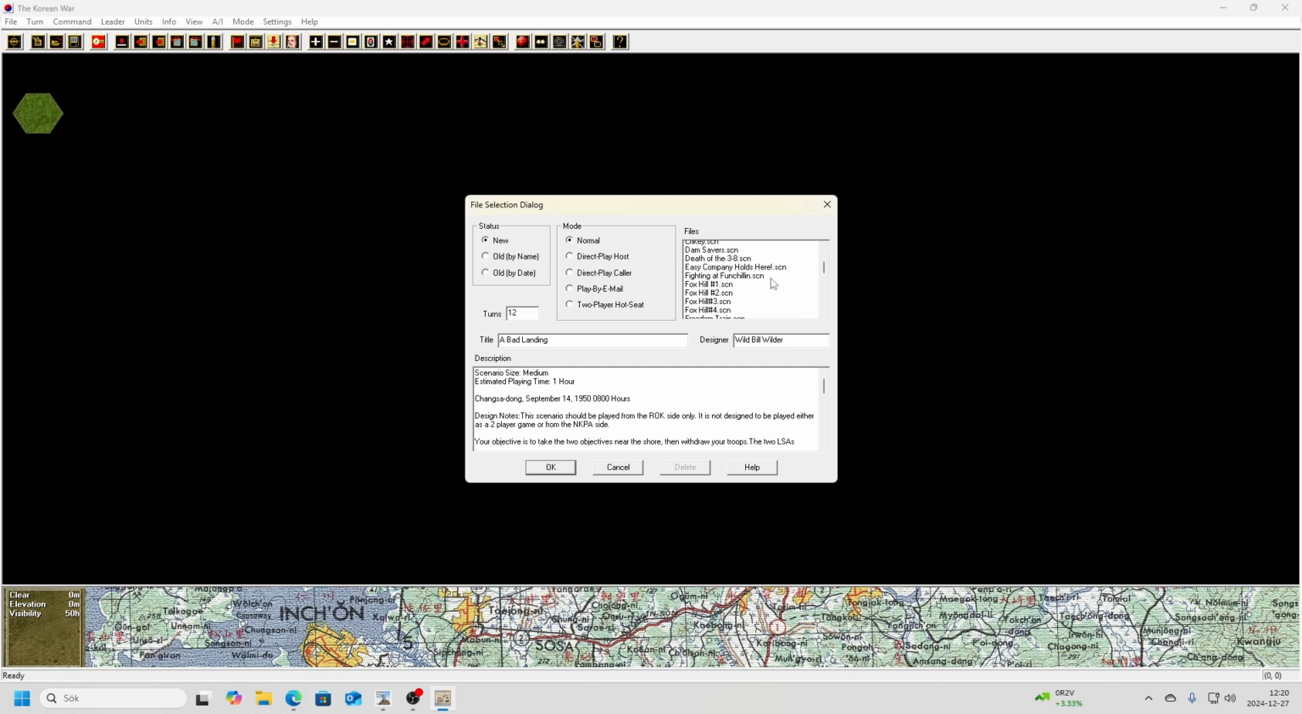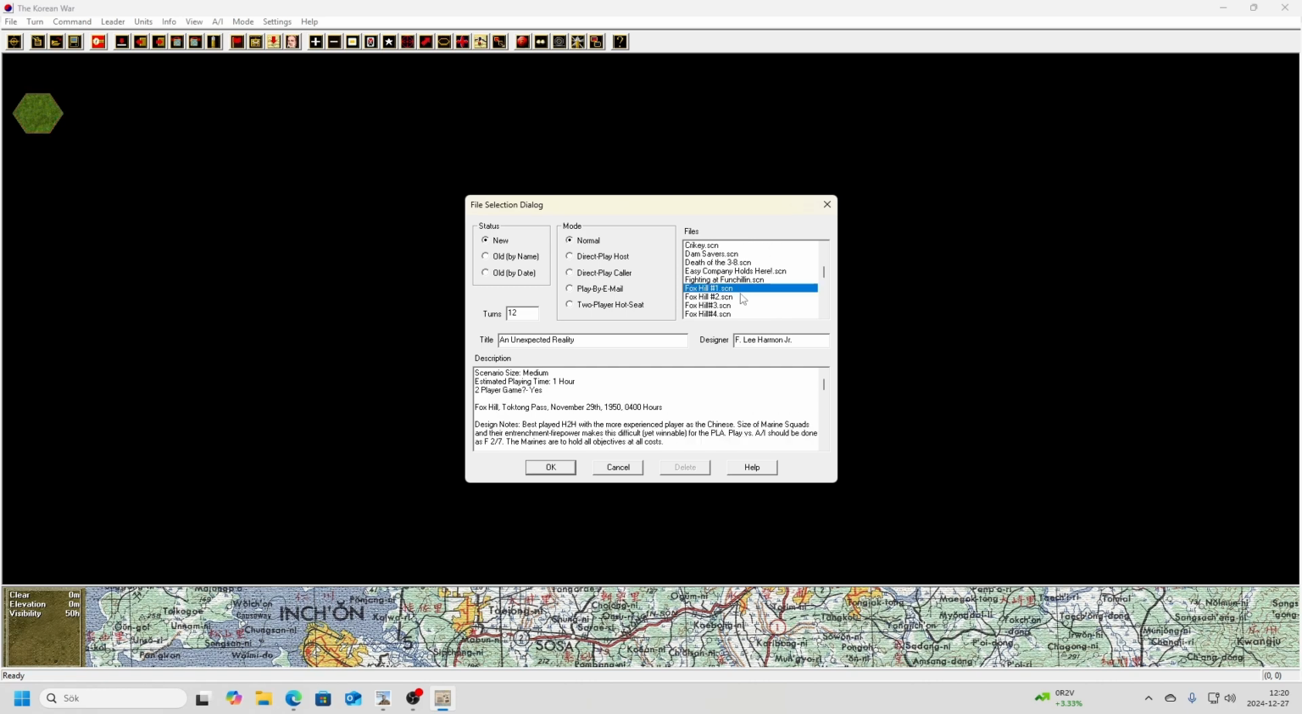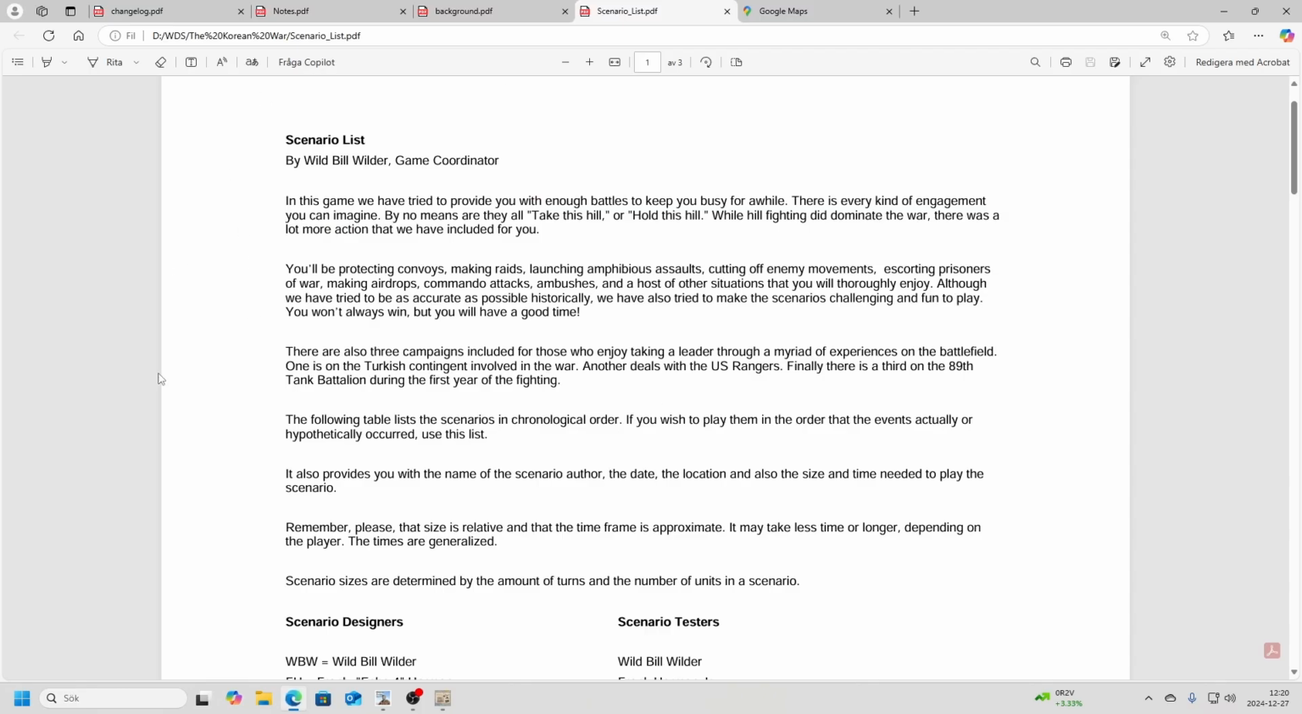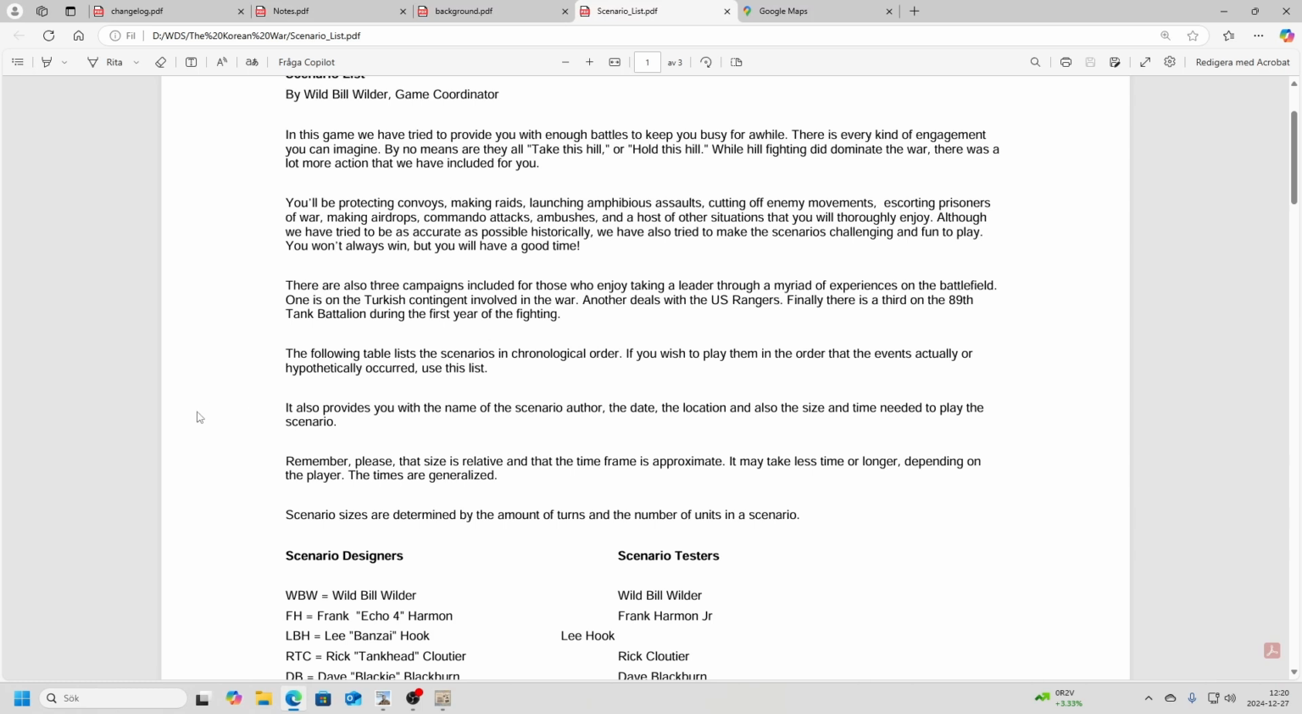Some of them are like this one here, for instance, Fox Hill. There's a 4-part scenario here. They're obviously in order because they have the same starting letter and stuff. But this document here is really good, because